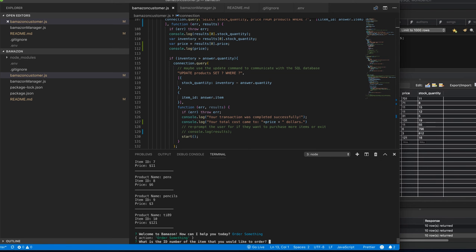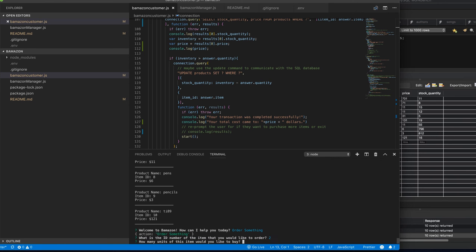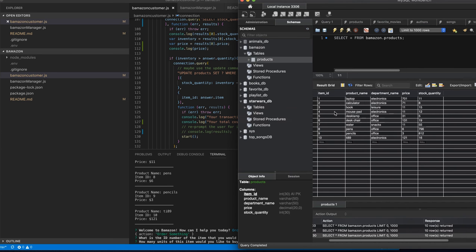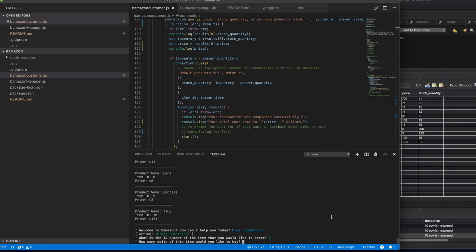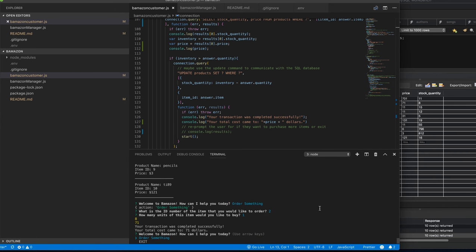So if we did try and say 2, we're still good. And how many? Oh, what is number 2? It is a regular calculator. So if we want to buy one of those, we're good to go. A regular calculator costs $71, and your transaction was